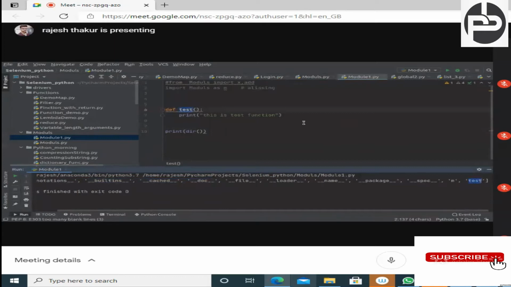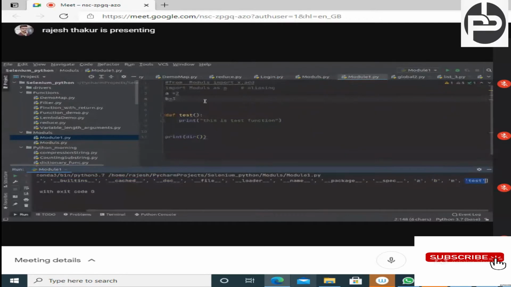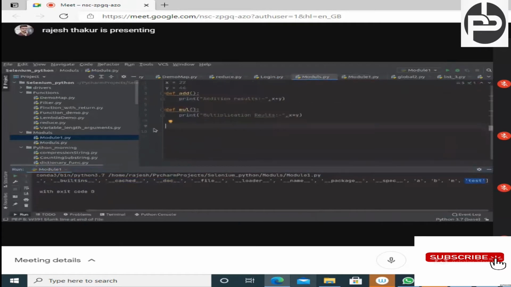Now let's suppose I'm writing here a is equal to 2 and b is equal to 3, and now if I'm executing this file, you can see I am getting a also, b also, and test also. Means whatever functions and variables are available in the module, if you want to know them, then you can write one function which will give you all the attributes, get attribute.